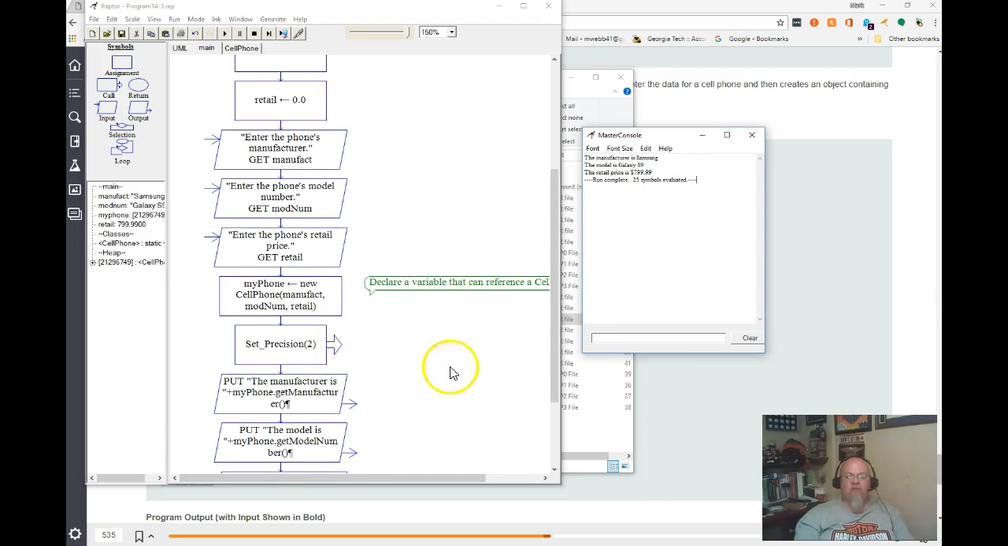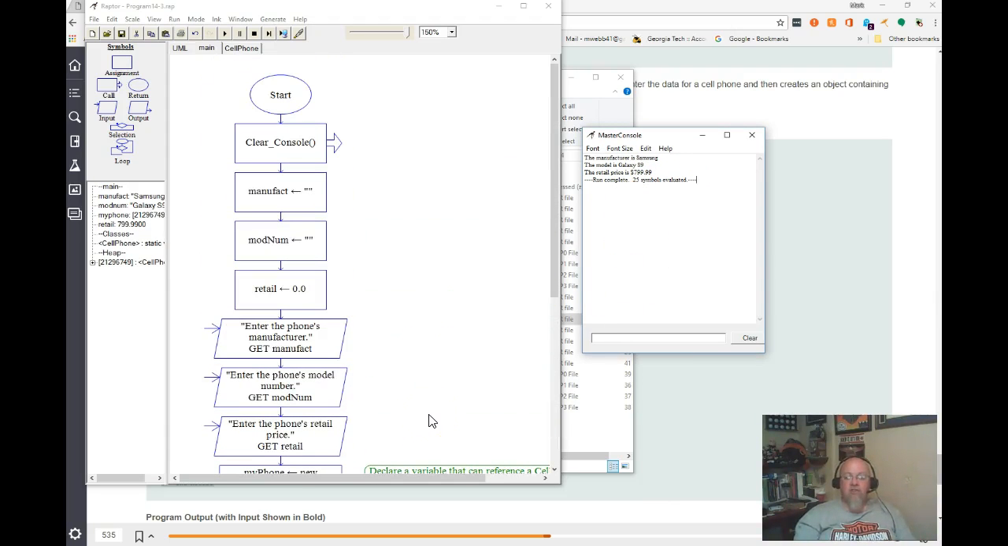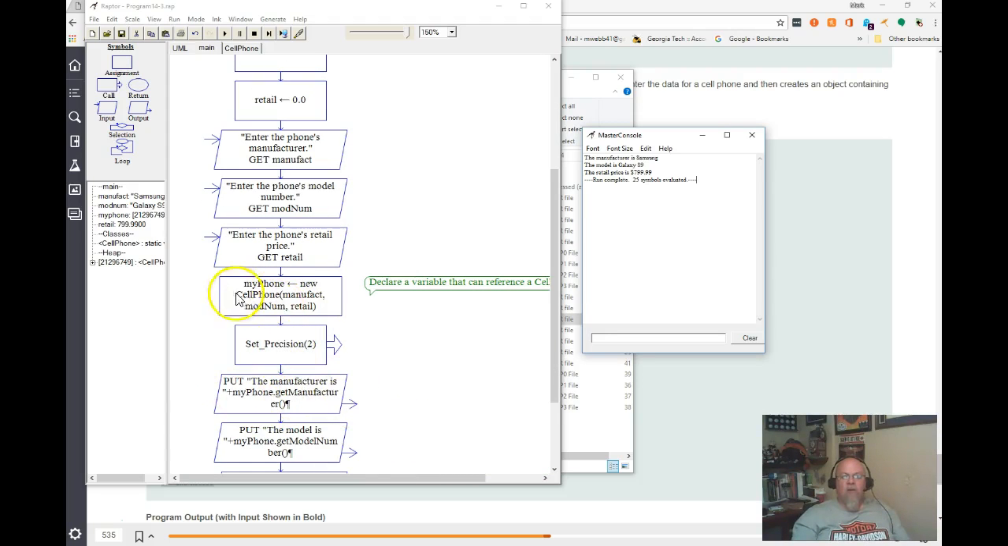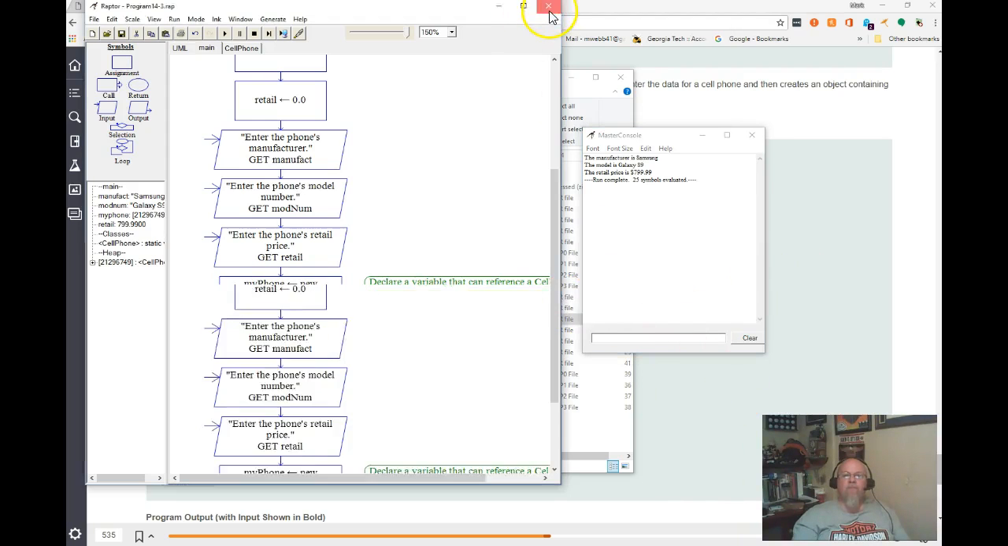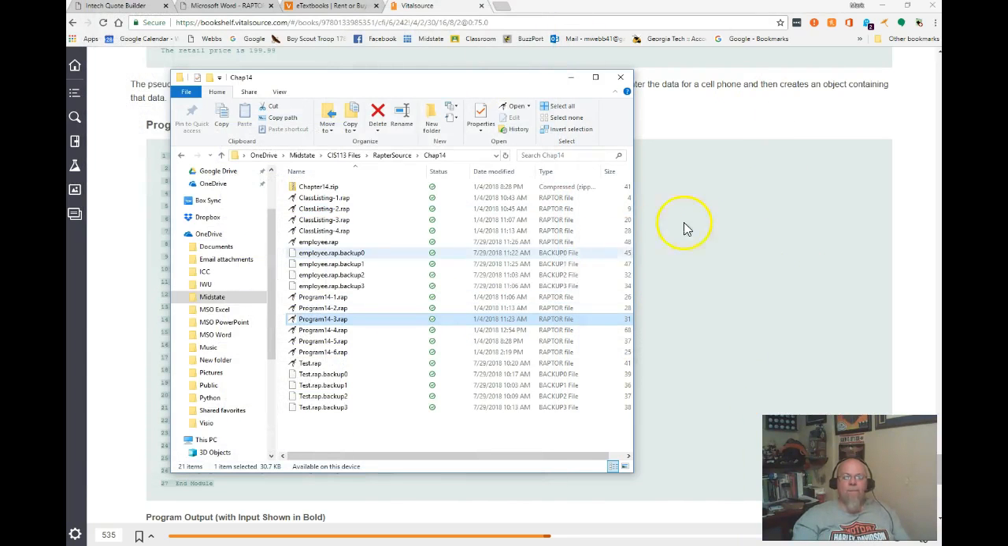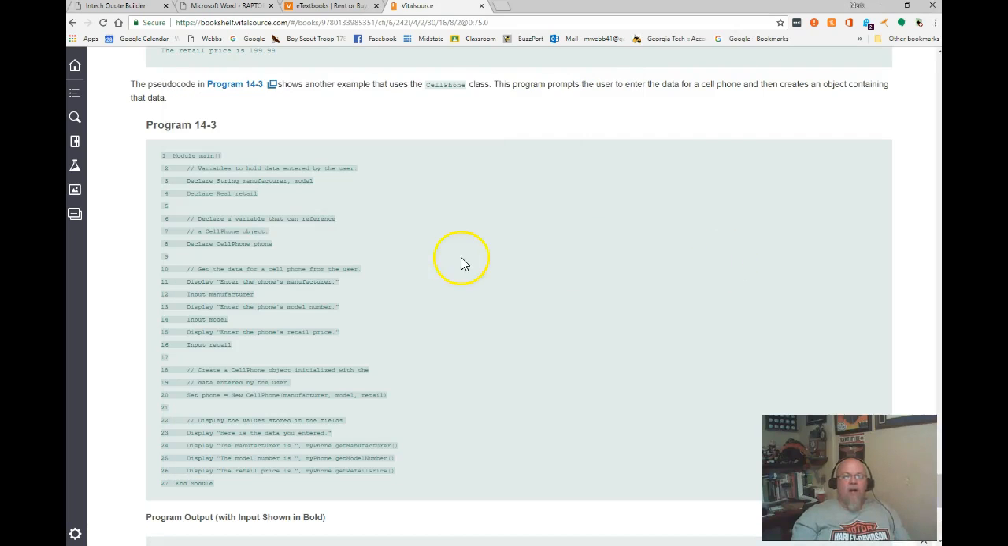So, works just fine. So you can see the user typed in information, and then we took those variables and used them to create this instance of this class. So we create an object called my phone using those three variables we got from the user. Okay,